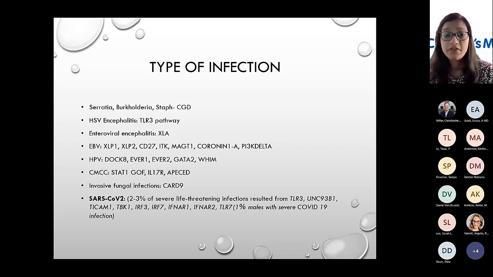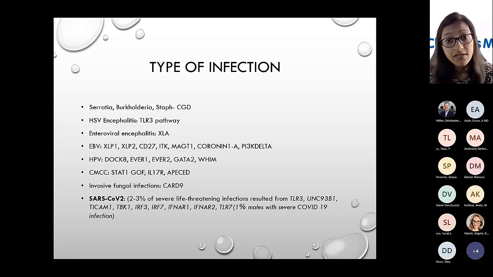Kids can have warts, and if they are going away with usual treatment, then those might be just part of normal childhood. But for something out of the ordinary, think of immunodeficiencies. Chronic mucocutaneous candidiasis can be part of an immune defect as well. There's one defect that's known to cause invasive fungal infections. That does not mean there might not be several ones that we still have not discovered, but CARD9 is known to cause invasive fungal infections. And then our talk wouldn't be over without talking about